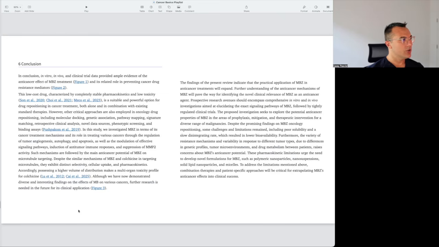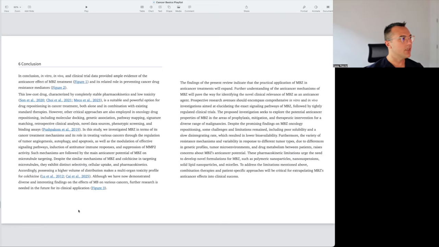Conclusion. In conclusion, in vitro and in vivo, the clinical trial data provided ample evidence of an anti-cancer effect of mebendazole treatment and its related role in preventing cancer drug resistance mediators. This low-cost drug, or ideally should be a low-cost drug, characterized by completely stable pharmacokinetics and low toxicity, is a suitable and powerful option for drug repositioning in cancer treatment, both alone and in combination with existing